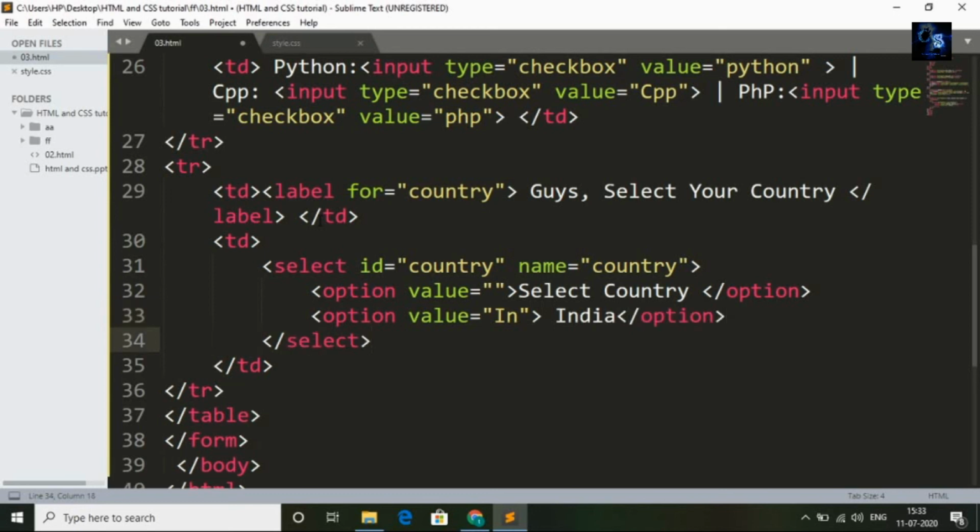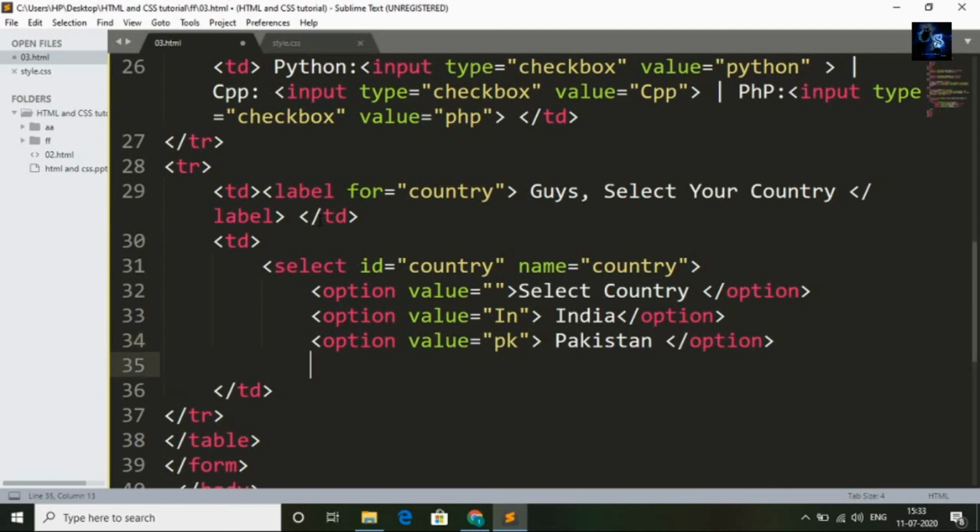Now I will add some more countries. Option value PK, Pakistan. And again I will add some more countries.